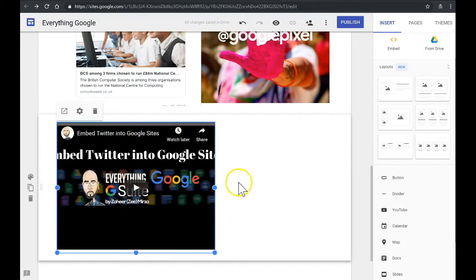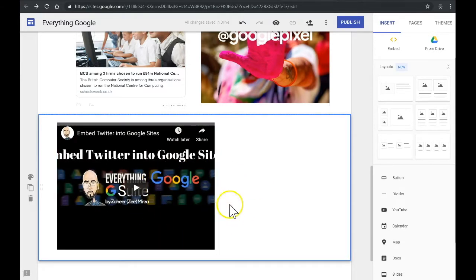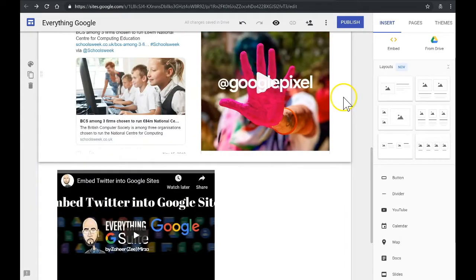Cool. And what can happen now is basically you can play these videos directly from your browser. But to show this video does actually work, what I'm going to do now is go to the preview of the site. So on the top bar here you'll see this little icon, and what this basically does is takes your website to how it would look if it was fully live. So if I click on that icon there,